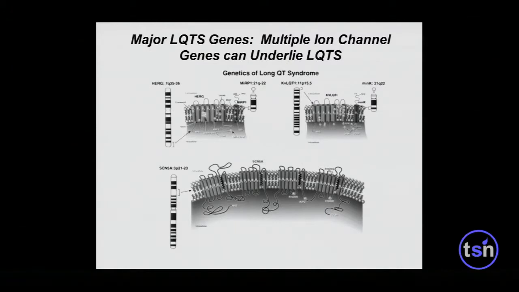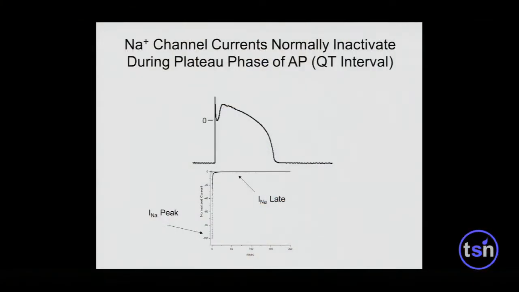Surprisingly, to me as an electrophysiologist, and probably the most interesting, were the mutations that were discovered in the gene coding for the cardiac sodium channel, the SCN5A gene, that codes for the primary sodium channel in the heart, which is thought physiologically to be most importantly responsible for rapid impulse conduction through the heart. So how can a sodium channel mutation prolong the action potential at the cellular level and the QT interval at the systems level? Remember, sodium channels turn on very rapidly and generate the rapid upstroke and rapid conduction during the